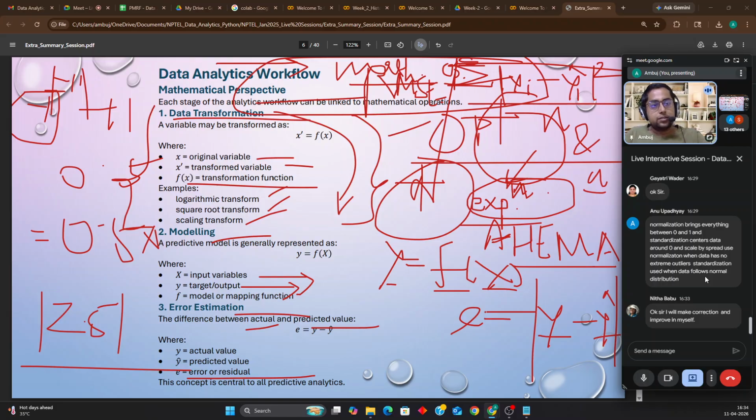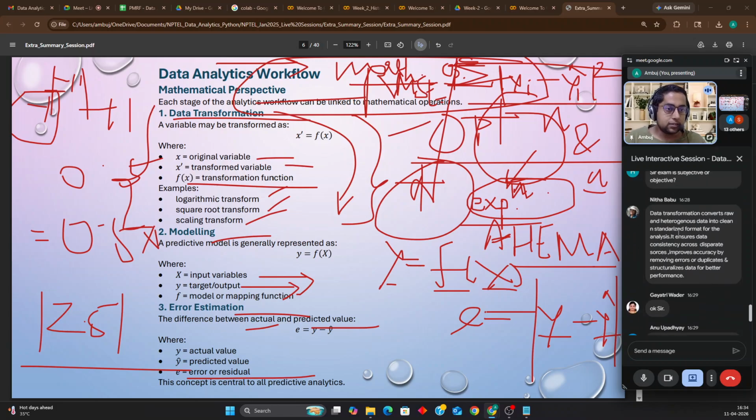So see for yourself some standard answers. I encourage this answer. This Nitha Babu's answer I encourage. It shall be a very good structured answer. I'm pasting it here. Yeah.